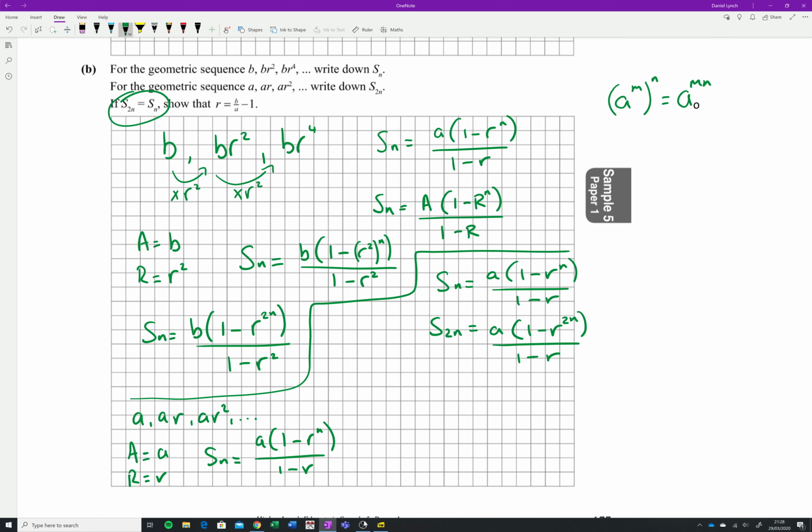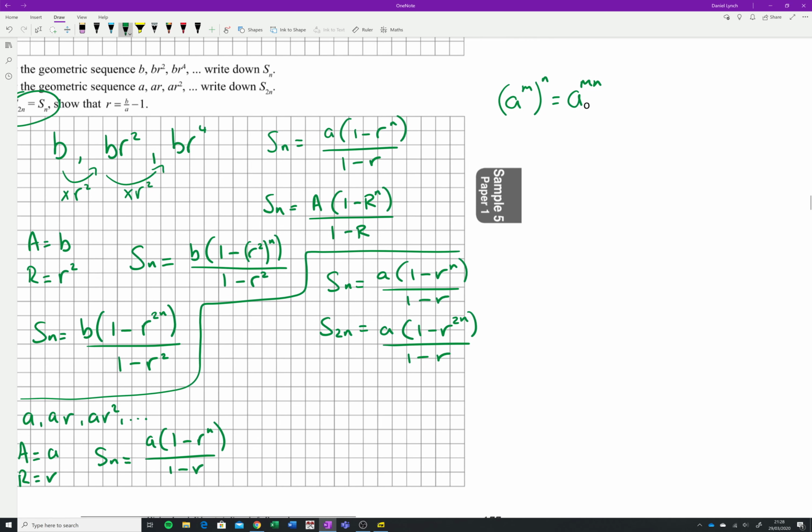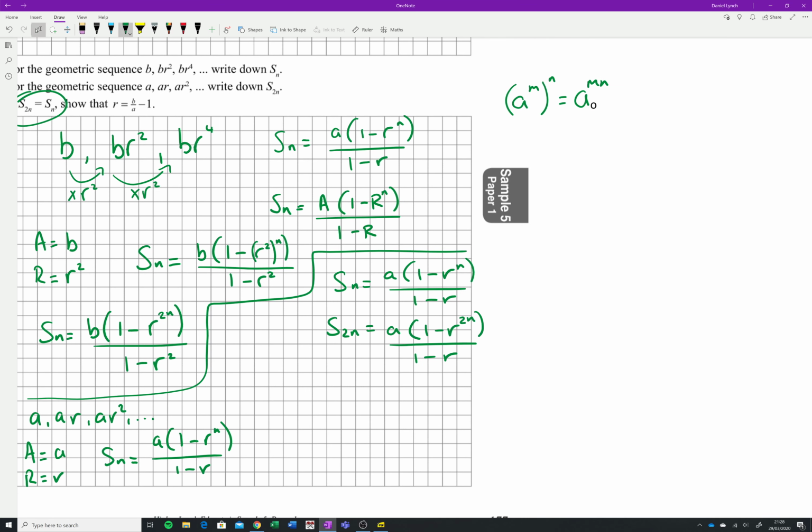And it's then asking us to equate those two things that we just got, and apparently r is going to be equal to B over A minus 1. So let's try that. I'm going to do that over to the side. They want us to show that S of n from the original B valued one, if we let it equal S of 2n for the A valued one, so that is to say that B times 1 minus r to the 2n over 1 minus r squared